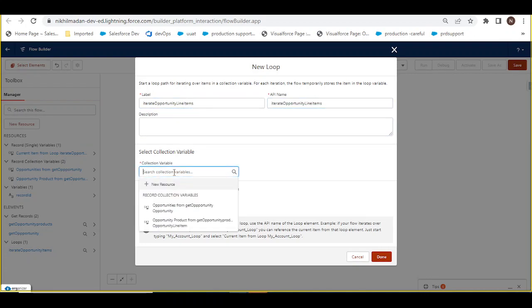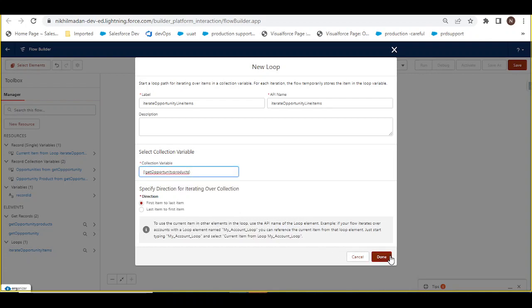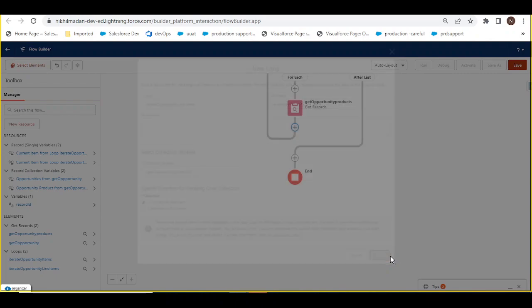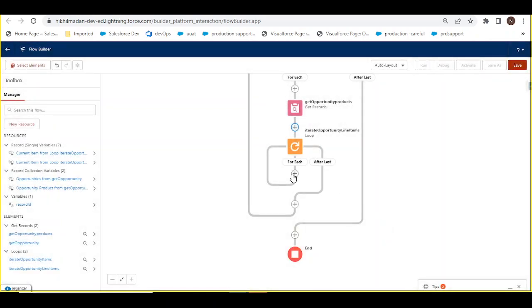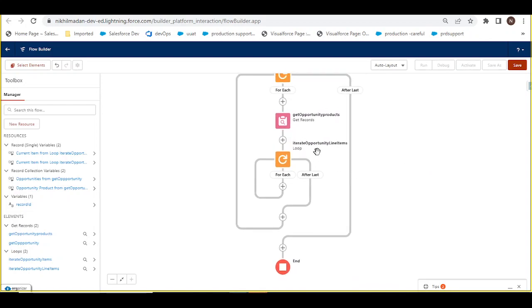Now the collection variable here is this one, and then we will click on done. So we got another one. Now this opportunity line item will get all the products, which is installation software, motherboard, lens, but we are only concerned with lens, and that's what we need to store in a variable,